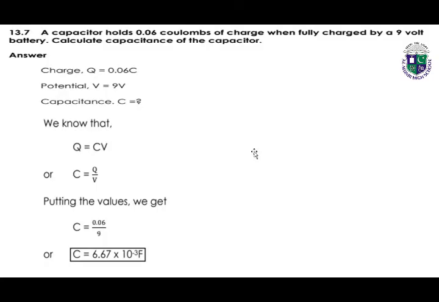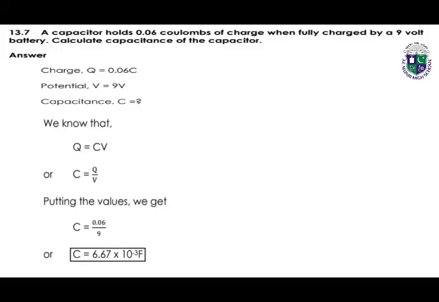13.7, a capacitor holds 0.06 coulombs of charge. So charge is given, potential is also given, which is 9 volts. Calculate the capacitance. We know that the formula of capacitance, Q is equal to CV. Now we have to find out the capacitance. We take V to the left side of the equal sign. So our new formula will be C is equal to Q over V. By putting the values, simply by dividing, we get the capacitance, which is 6.67 × 10^-3